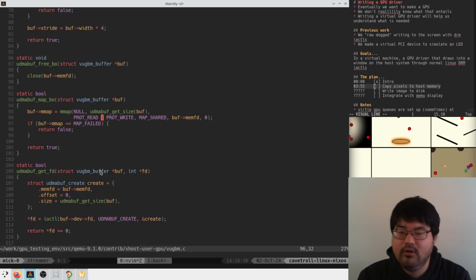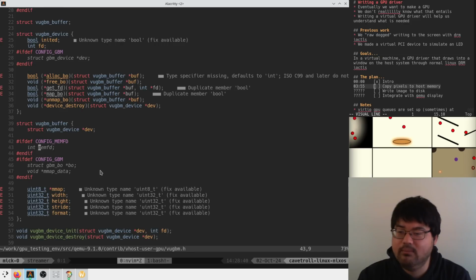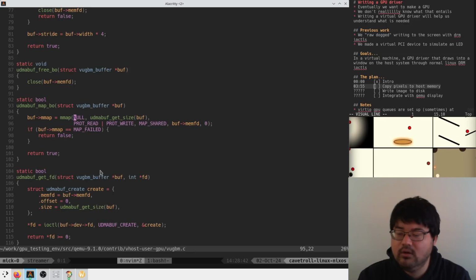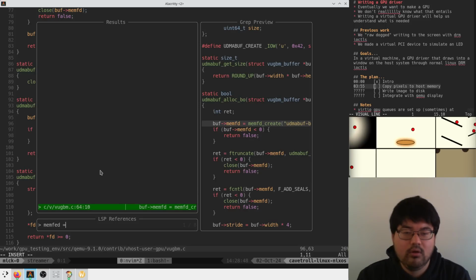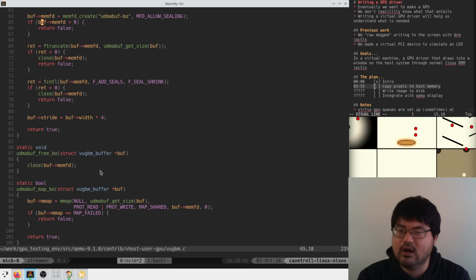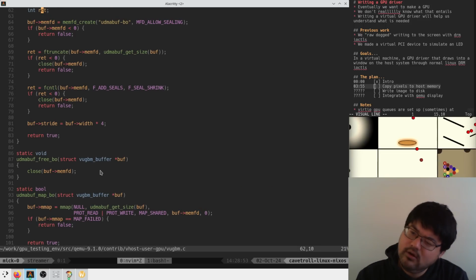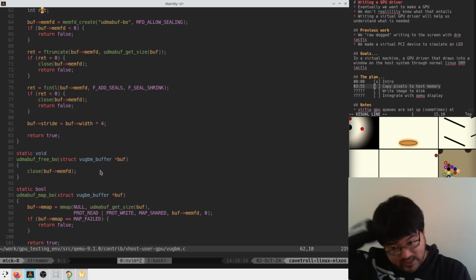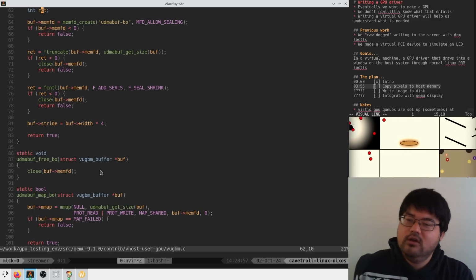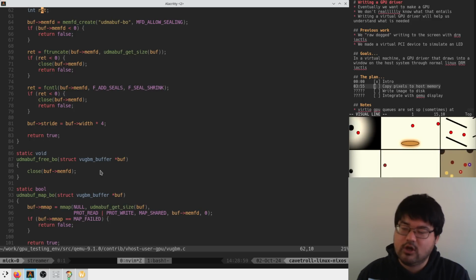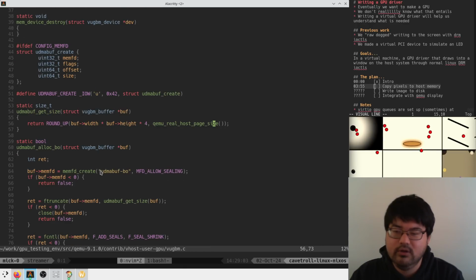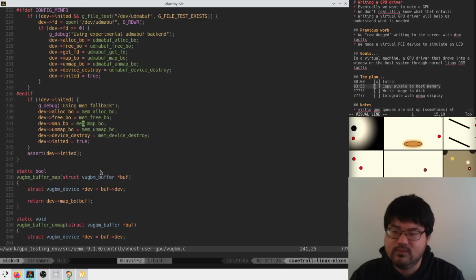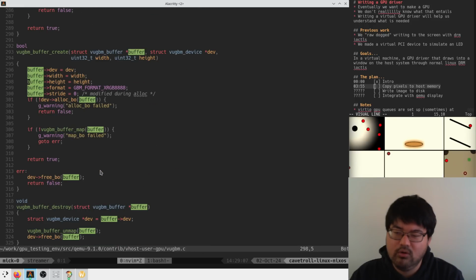They just mmap from buffer mmfd, which just comes from an allocation here. So they're allocating on the host side. But then how do they transfer the data? Maybe they have to copy the memory out in their version. That seems possible, in which case we should be looking for